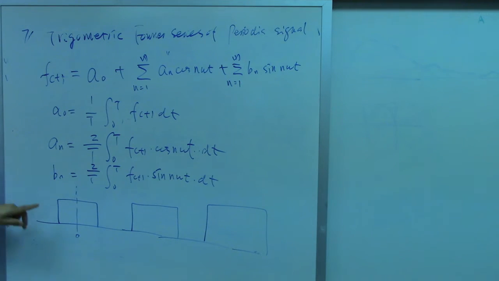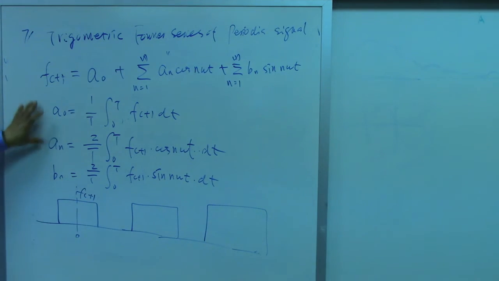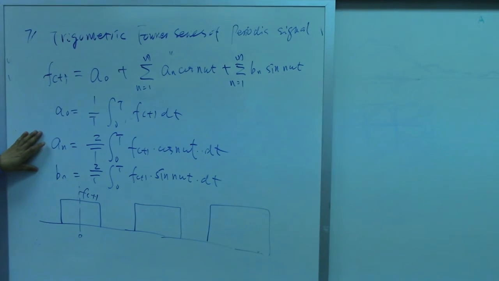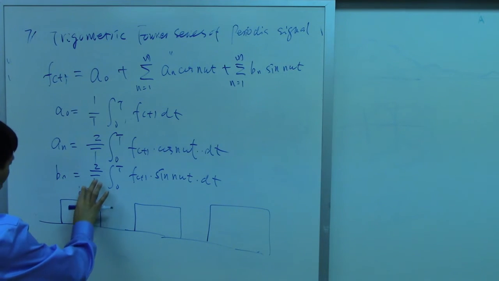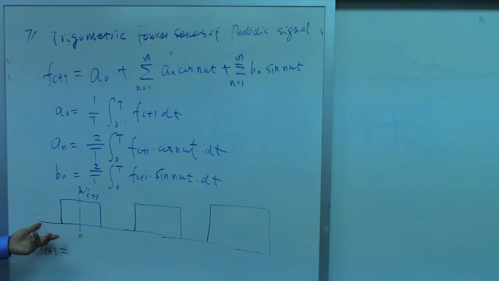And we plug this signal, this is f(t), into these formulas, and we can easily calculate all these coefficients. The important part is we list all these coefficients, so later we can use this. So, omega t, so wt in the time domain can be equal to, let's make some assumption, if the duty cycle equals 50%,